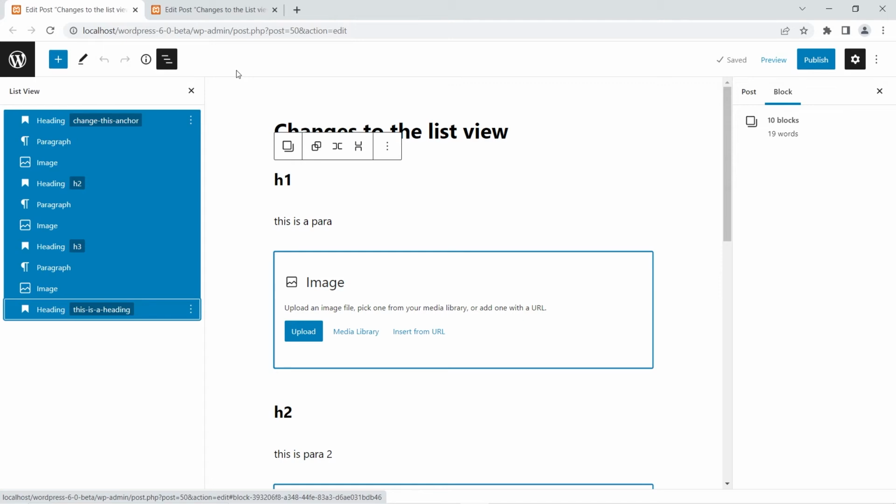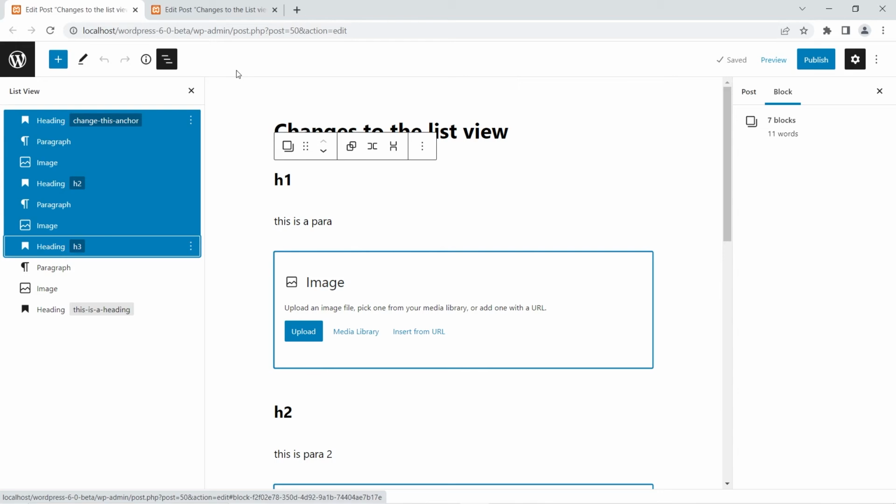And now in case you want to modify any of the selections, then what you can do is press shift and then use any of the arrow keys to modify the changes. You can see right over here I am pressing the up arrow, and it is basically deselecting the blocks below it. It's taking the selection on top. Now I'm pressing the down arrow, and it is selecting the